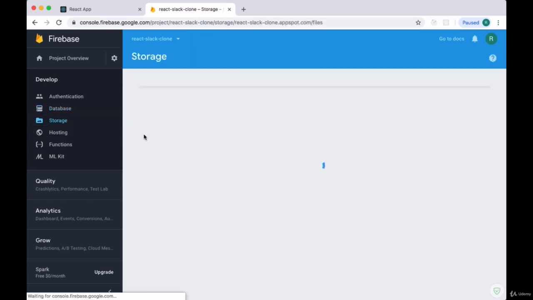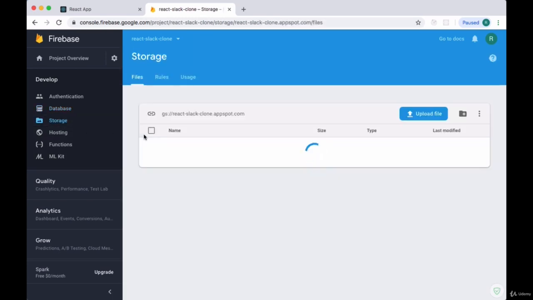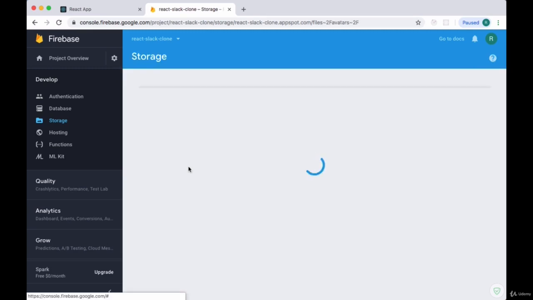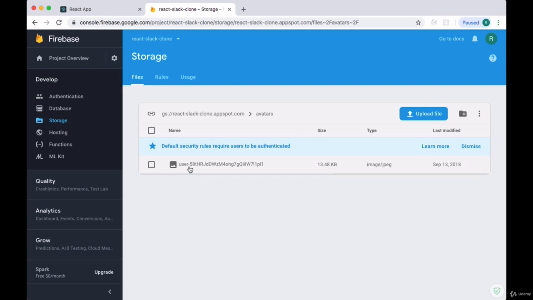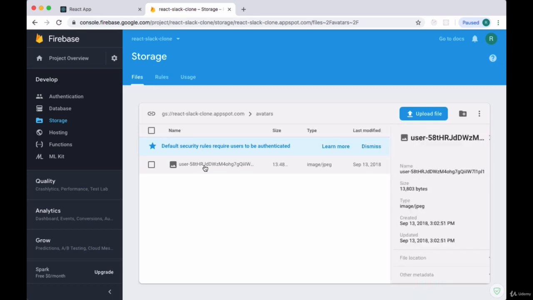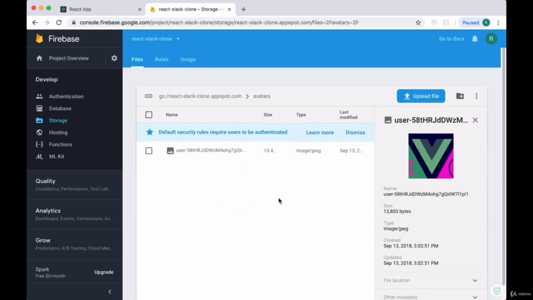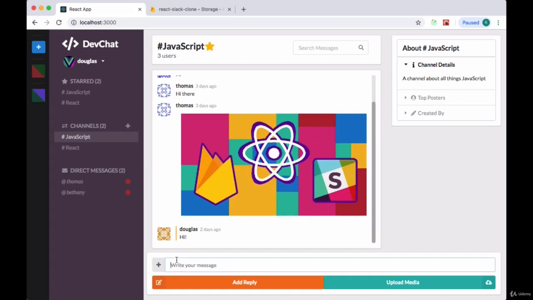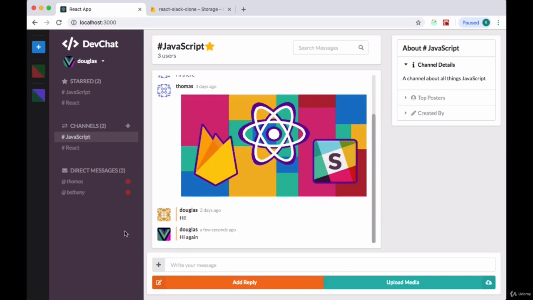If we take a look at our storage, we should see a new folder of avatars. If we click on that, we see user dash and then some cryptic string, and there we should find the image that we uploaded, our cropped image. We can see its name, size, the type of image/JPEG, when it was created. And now if we try adding a new message to one of our channels, we can see our new avatar